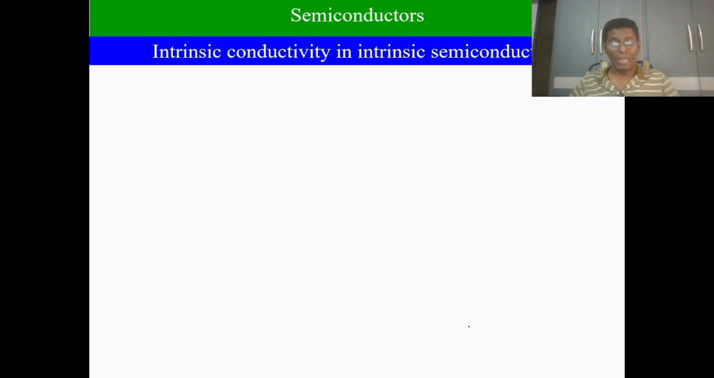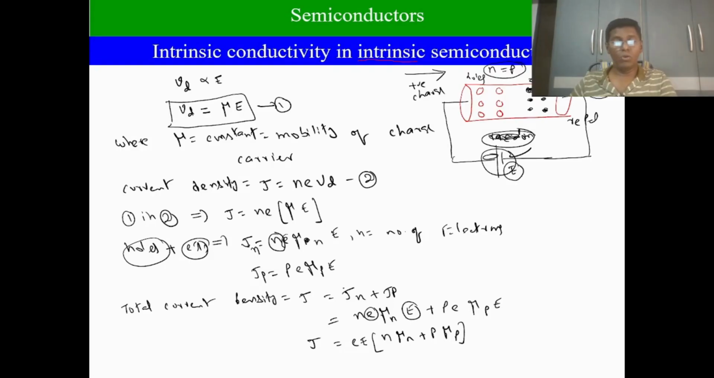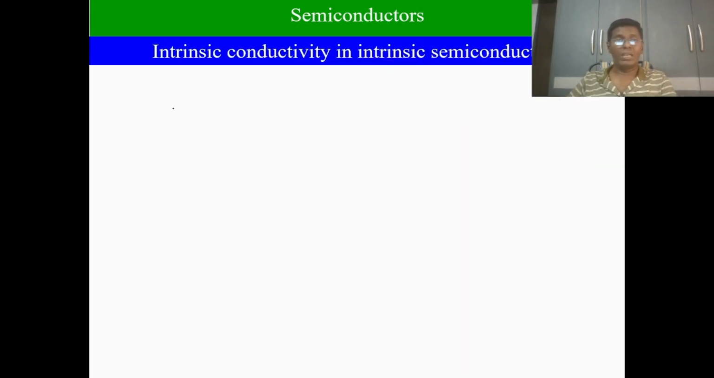Now what do we need? We need the equation for the current density. We know the equation for the current density: J is equal to, what is the previous equation? J is equal to e E into (n mu n plus p mu p). Now I need the equation for the conductivity of the semiconductor. So conductivity